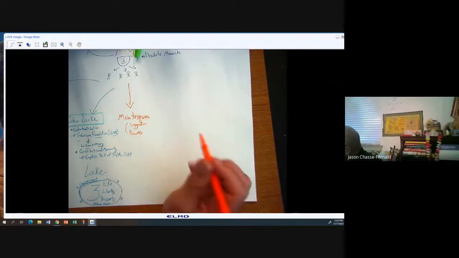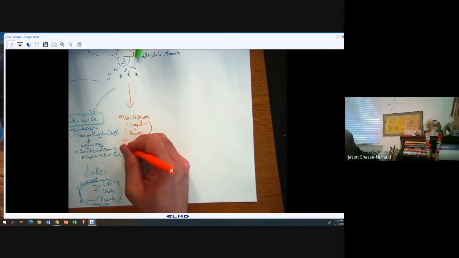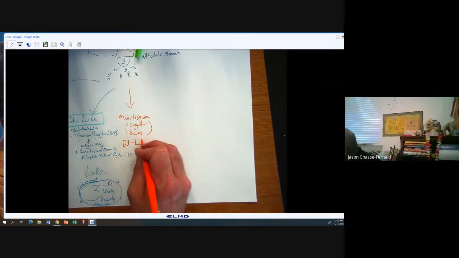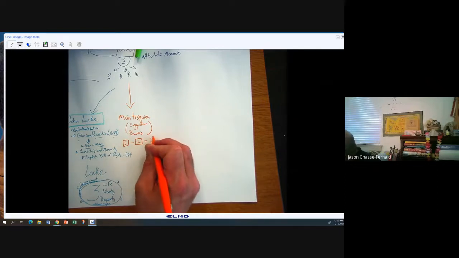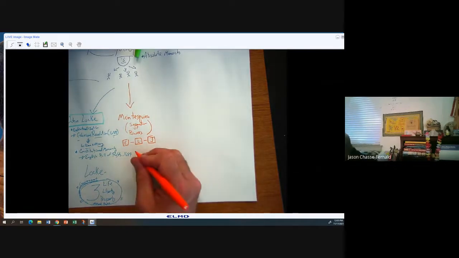And of course, you all know how this works in the United States: the executive branch, the legislative branch, the judicial branch. And when you look at what he's saying here,